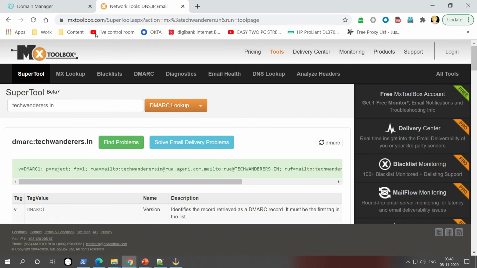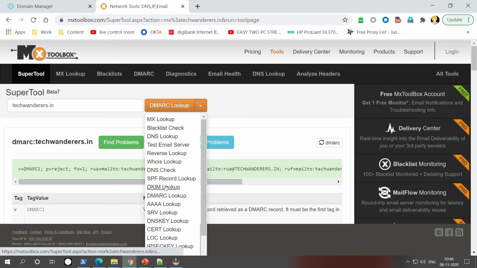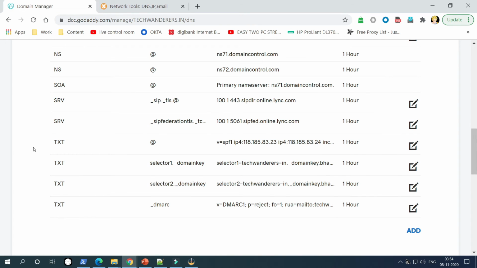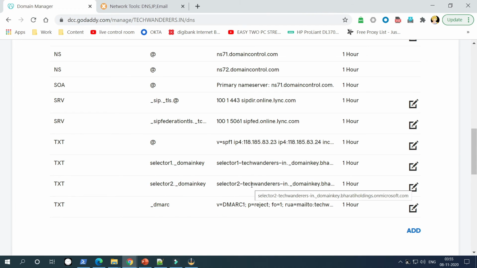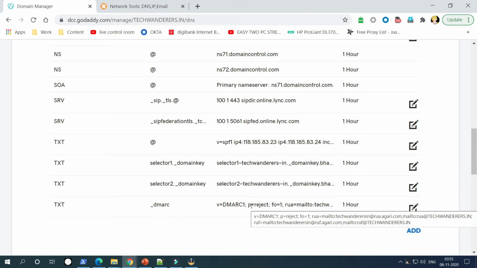You can refer to MX Toolbox for all your DNS changes. It gives you proper data. I am not showing you the DKIM lookup because MX Toolbox is not able to get the DKIM keys properly, so you can skip this part. After following all the data from Notepad, what we have here is our SPF record, our domain key DKIM records, and our DMARC record with the proper policy.